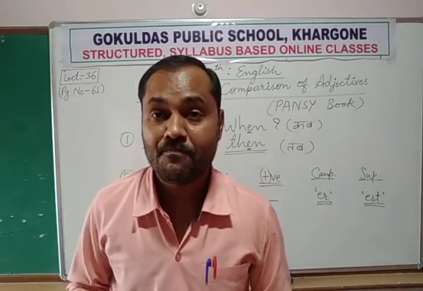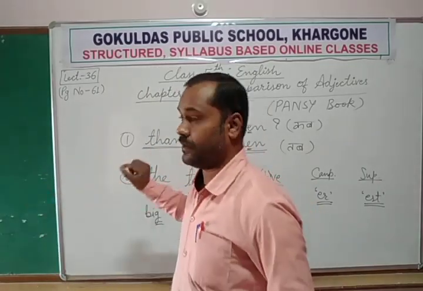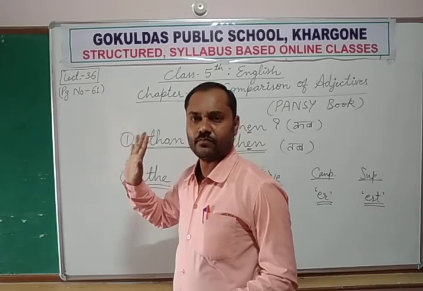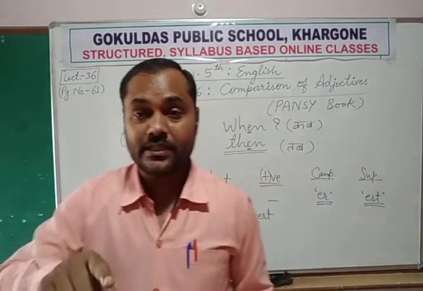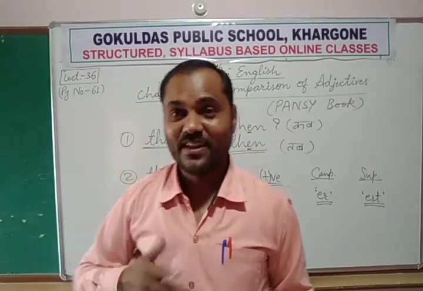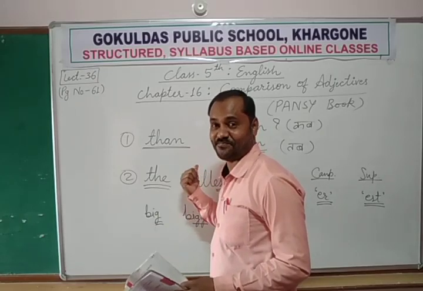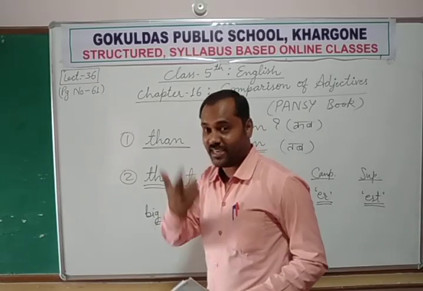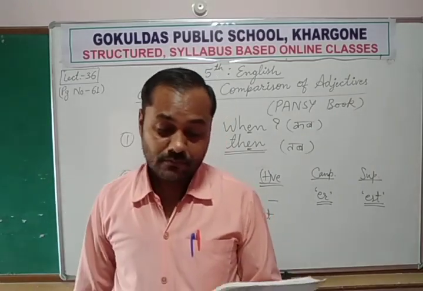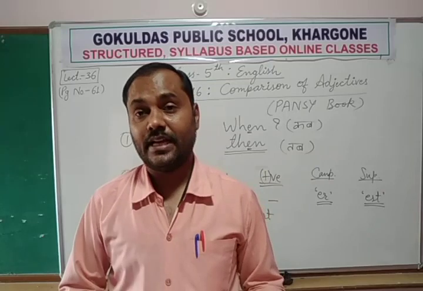Just like able, I am able to write on the board. I am able to write means I can write. I am able. You are not able to write, because you are sitting very far from me and I am very near to this board. So I am able to write it. You are not able. So able means one who can do, capable. Able, abler and ablest.